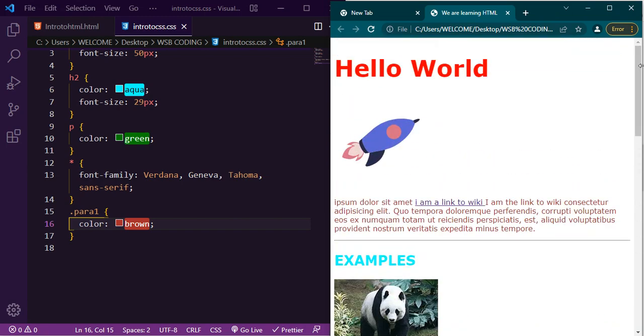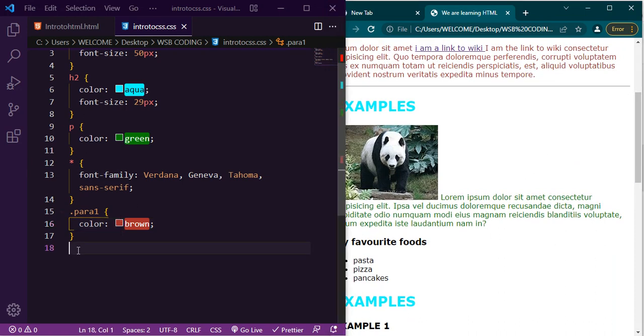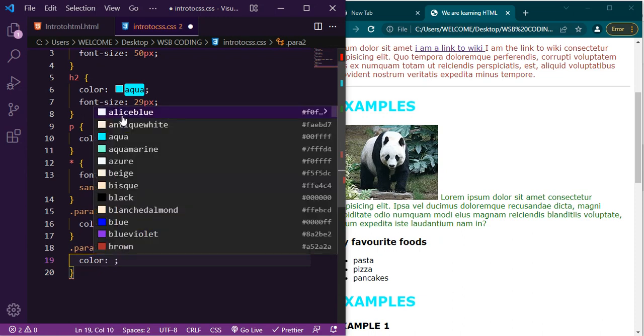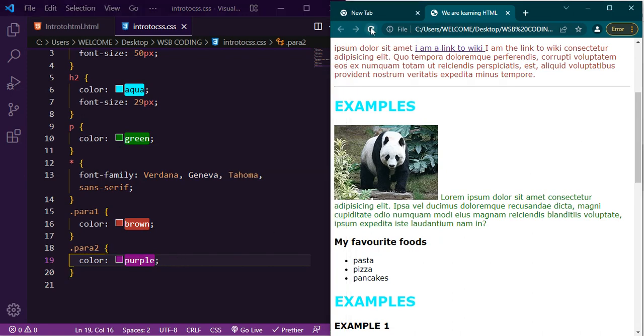Let's style our second paragraph now, this one. Let's select this using its class, dot para2, then the curly brackets, color property, and then let's give a purple color, purple. Let's save it and refresh this page. Yes, you can see we have got our purple color for the second paragraph, and